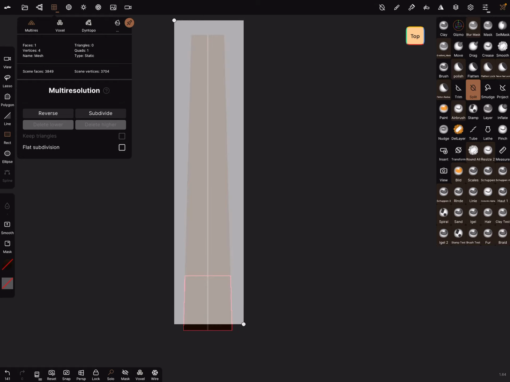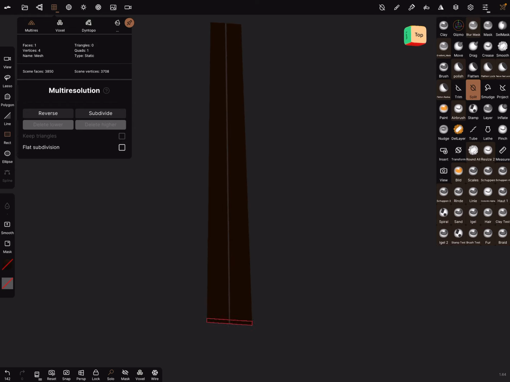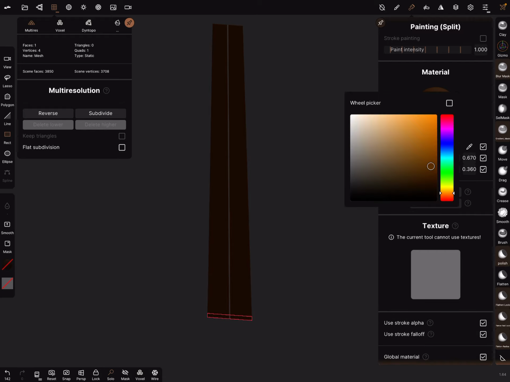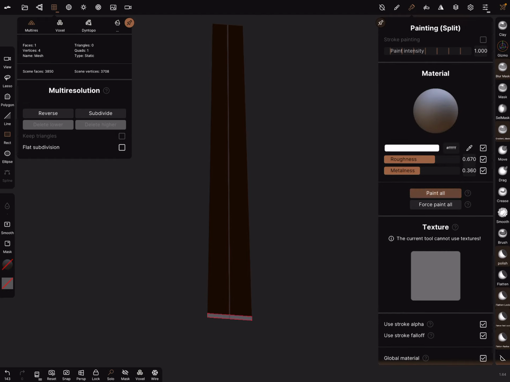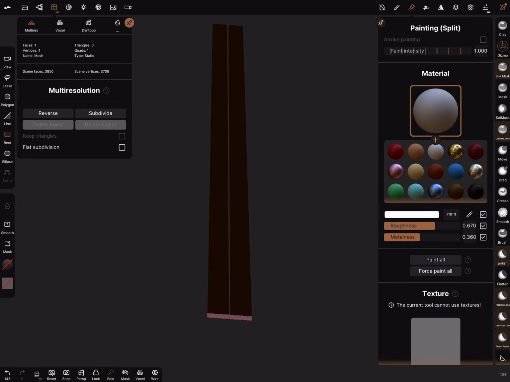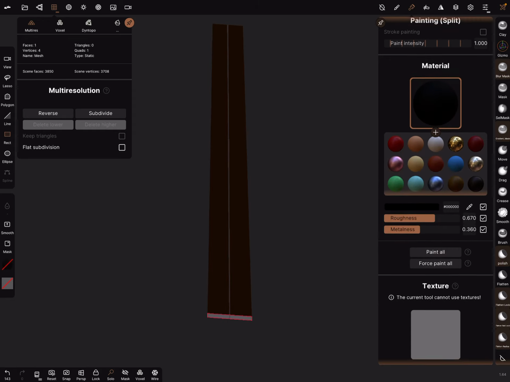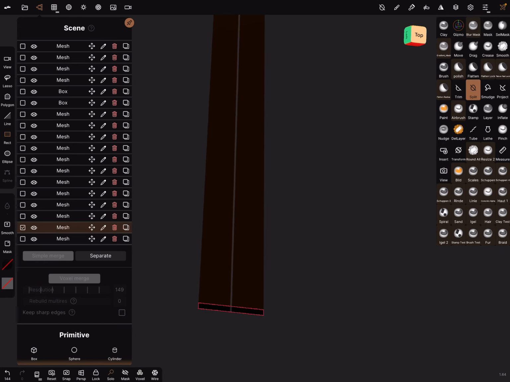Yes. And I think we painted, we painted white at the moment. No, this parts we paint black. Black. And let's go to